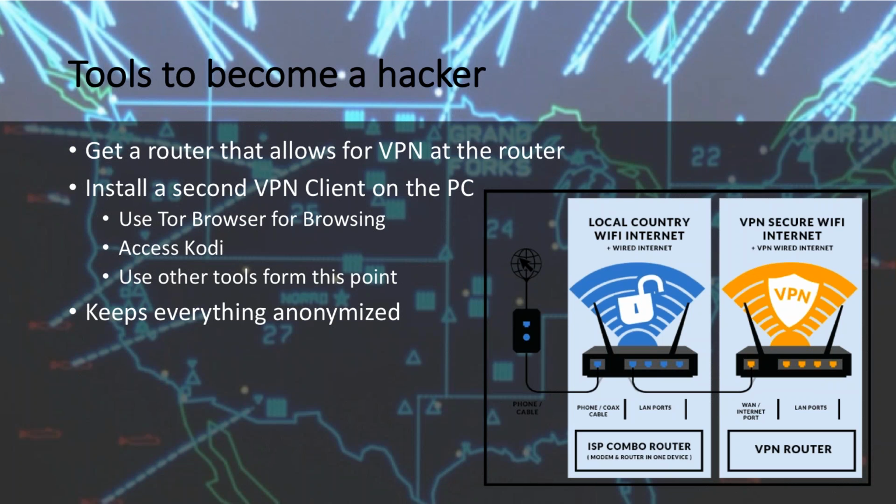And the way that I like to set up mine is log into your VPN router, switch to your VPN network using the app on your device or the program. So now you're running across 2 different VPNs, and then you can use the Tor browser on top of that. So now you have like 3 different layers of confusion for whoever's trying to track what you're doing.